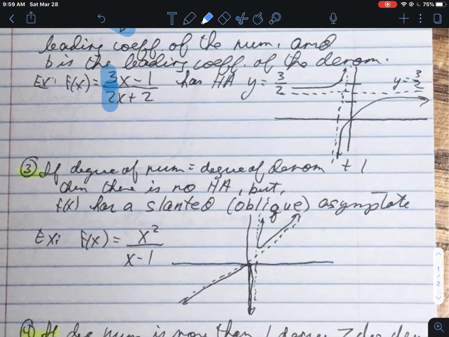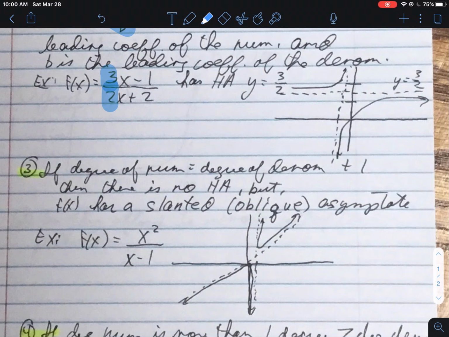Third possibility. If the degree of the numerator is equal to the degree of the denominator plus 1, then there is no horizontal asymptote. Or in other words, if the numerator has a degree that is 1 greater than that of the denominator, there is no horizontal asymptote. But the graph will have what is called an oblique asymptote. It's a slanted asymptote. For example, f of x equals x squared over x minus 1. The degree of the numerator is 2, the degree of the denominator is 1. So there is no horizontal asymptote, but there is this slanted asymptote,